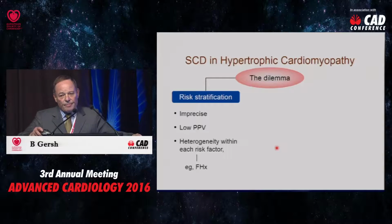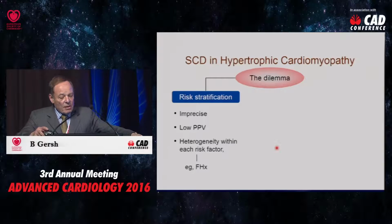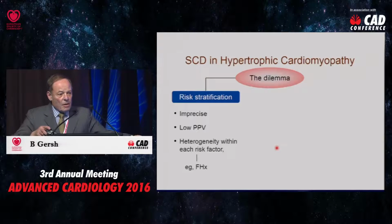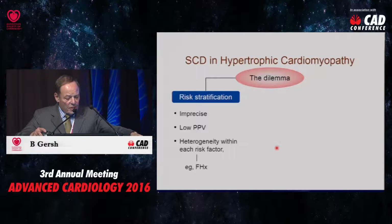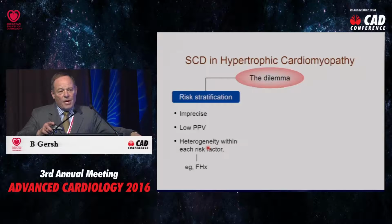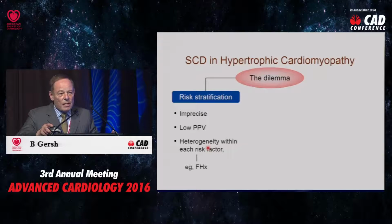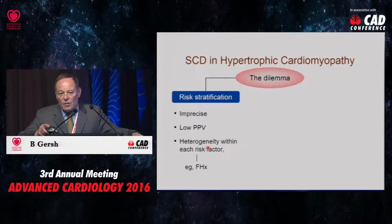So here's the dilemma. Our methods of risk stratification are imprecise. They have a low positive predictive value. If you put in 100 defibrillators, only about 15 will ever get a discharge. And then there's heterogeneity within each risk factor. And by that I mean, let's take positive family history as a risk factor. What about if the positive family history is one uncle, or one parent, or 2 siblings? And we have no data on the heterogeneity. I think it's worse to have had 2 siblings die than one uncle, but we really don't know the effect of that